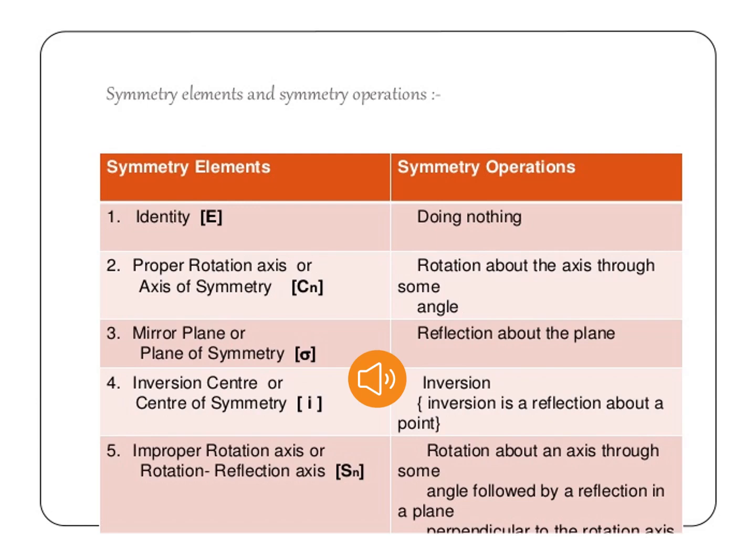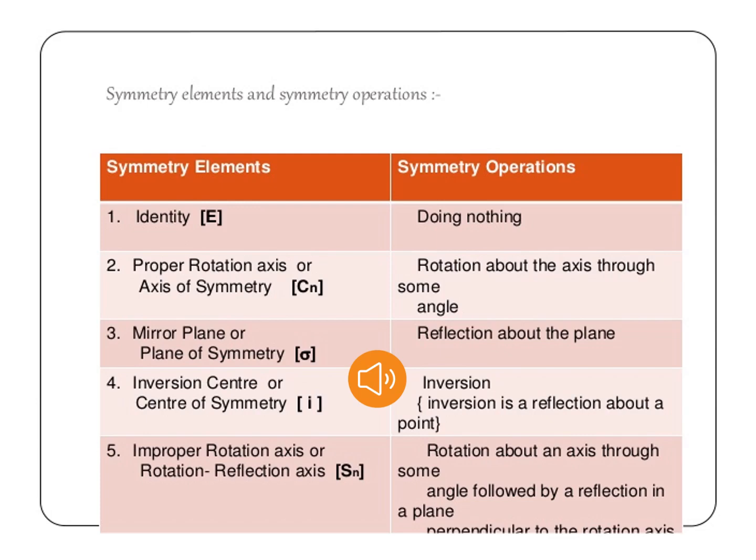The symmetric properties of an object or a molecule are described in terms of symmetry operations, and a symmetry operation can be performed on a molecule. We have discussed the five types of symmetry elements. The first one is identity, and identity is doing nothing. The second one is the proper rotation axis or axis of symmetry, denoted by Cn, and it is rotation about an